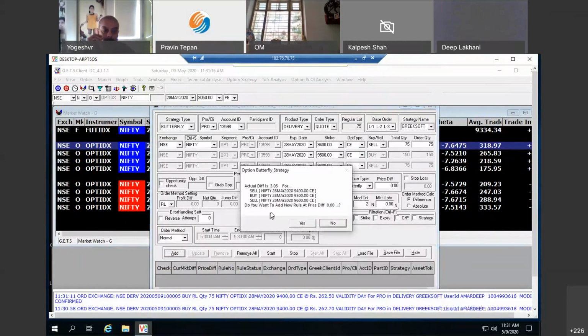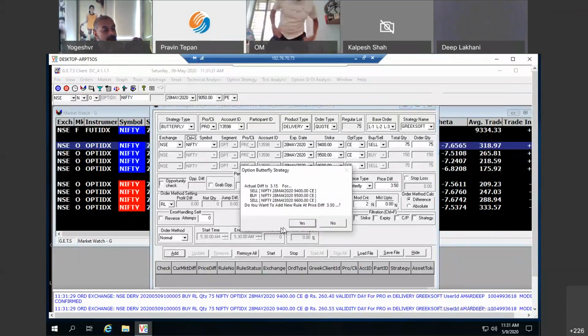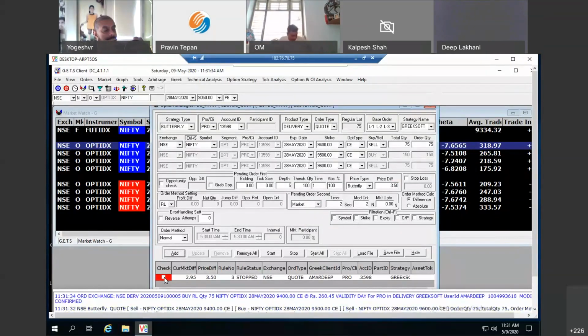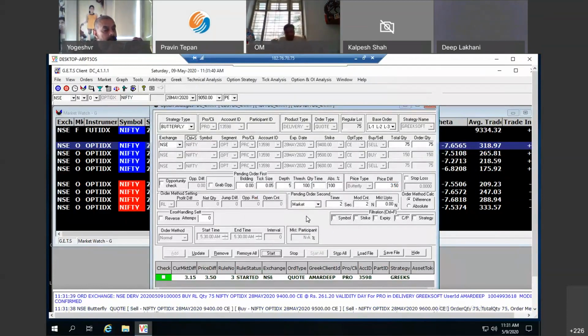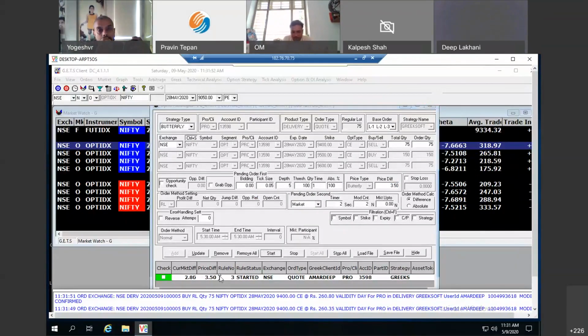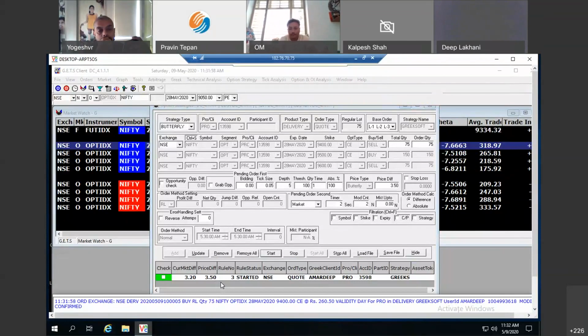As you can see on the screen, I've just made a 9500 short butterfly. Let me quickly try to add this, and it says that the actual difference is 3 rupees. Okay, I want to make this butterfly at say 3.50 or 4 rupees. Accordingly, I'll add this rule and I will start bidding in the market. So let me quickly start this rule, and here it has started bidding in the market. In this example, my leg one was first, so it is trying to bid for 9400, right? So here it is bidding in the market, and once it gets the mandate, it will trade accordingly.